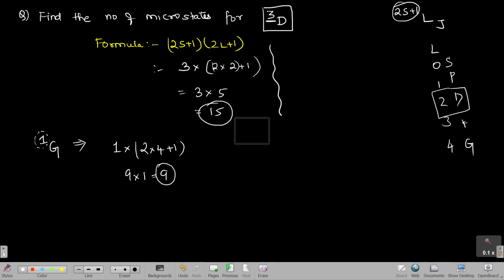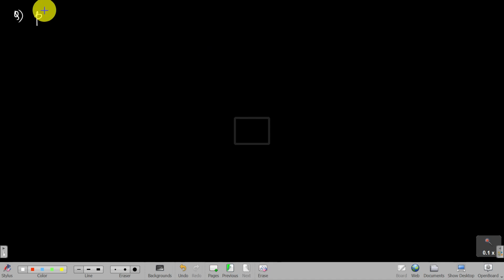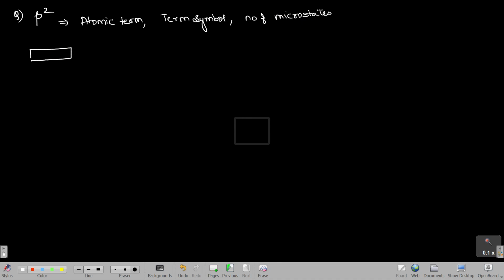So we will do one question now. Question is basically for P2 configuration. Let us find out three things. One is the atomic term. Then we will also find out the term symbol. And then we will also find out the number of microstates. Okay. So we have this, then we will do the ground state term for the same question. Okay. So basically we have P2. So the formula for atomic term is 2S+1